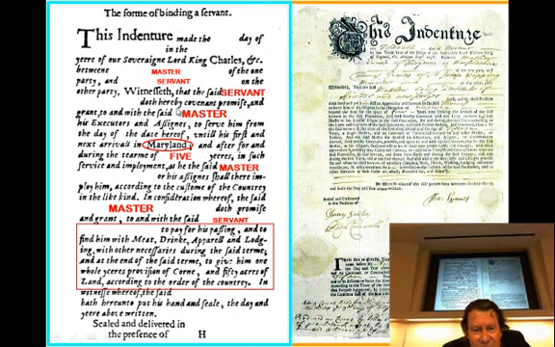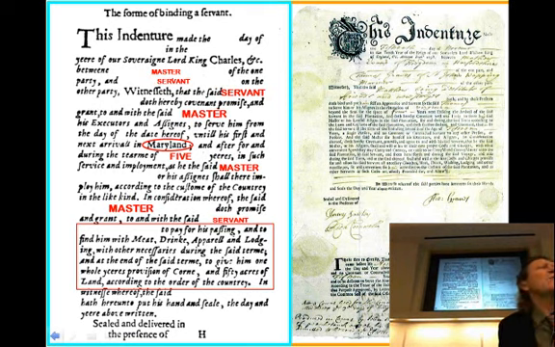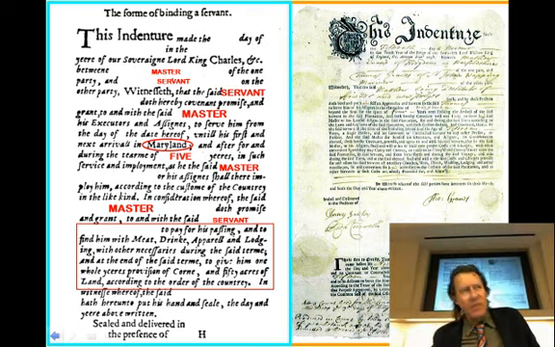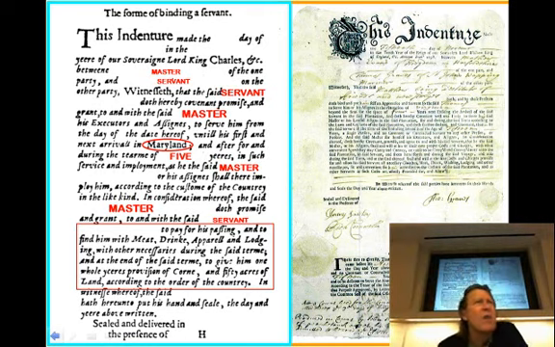Witness that the servant hereby covenants and promises to the master and the master's executors and assignees. In other words, I'm going to sell myself to you for a period of time, and if you die, you're my boss. If you die, this piece of paper, you can give it to your heirs. And then I owe them my labor until my contract is complete, is fulfilled. They had to negotiate the term. It's going to be 4, 5, 6 years, depending on the deal. In such service and employment as the said master or his assignee shall employ him,